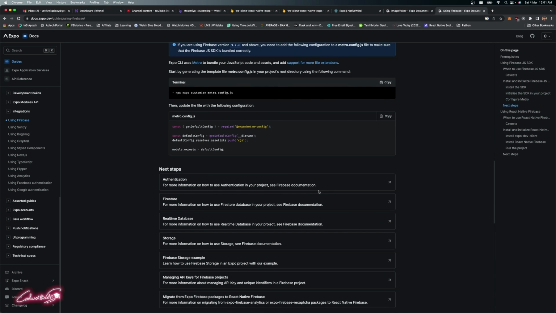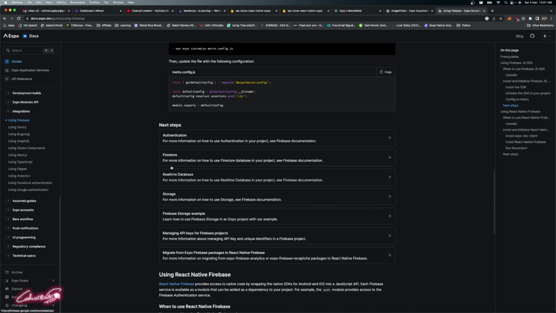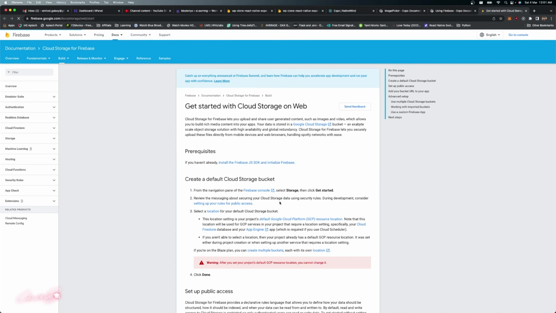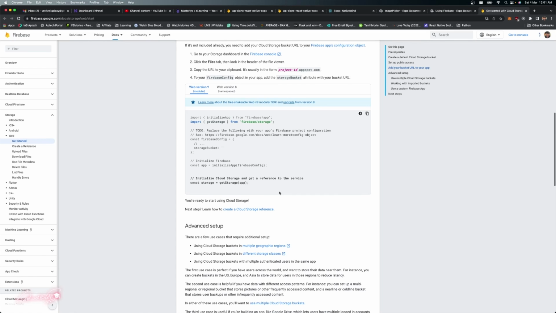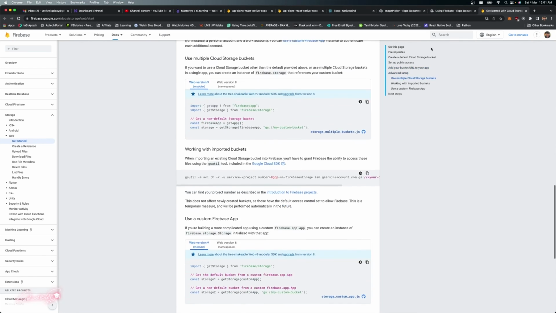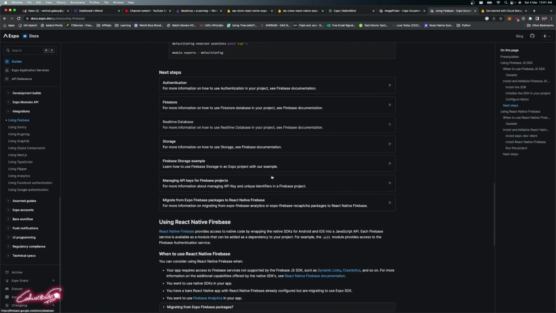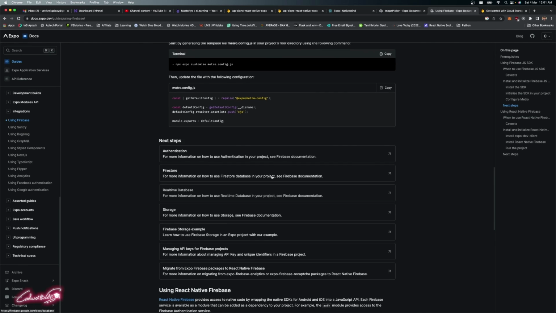And if you scroll down, you can see what are the things that we're going to use, like if you're using authentication or real-time database storage, it gives you the documentation. Click this, and that will take you to the Firebase storage, how exactly you need to configure everything. All right, in this case, what we can do is